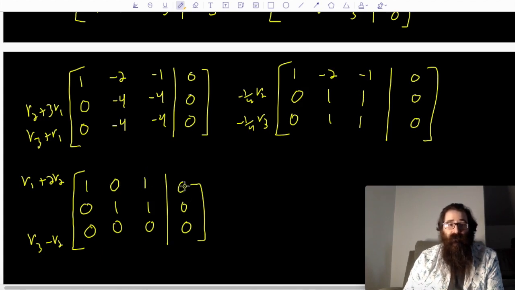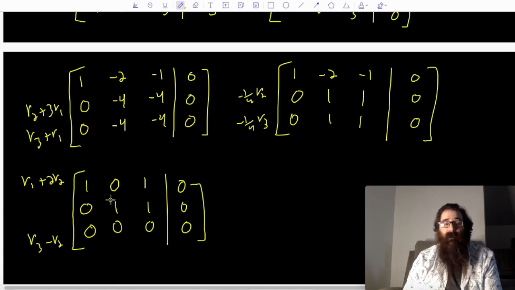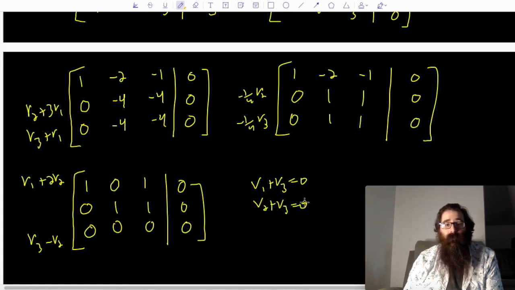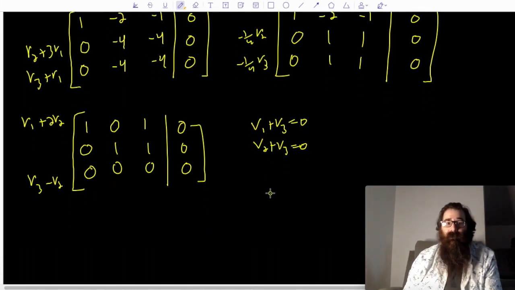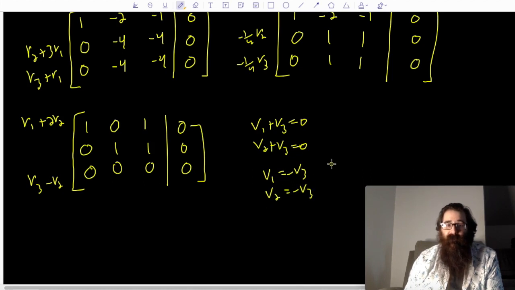And then augmented with 0 plus 2 times 0. Now this is fully reduced, right? And what are the remaining rows trying to tell me? The first row says v1 plus v3 equals 0. Second row says v2 plus v3 equals 0. So then in this case, we could say, okay, so then v1 equals -v3, v2 equals -v3, and I want